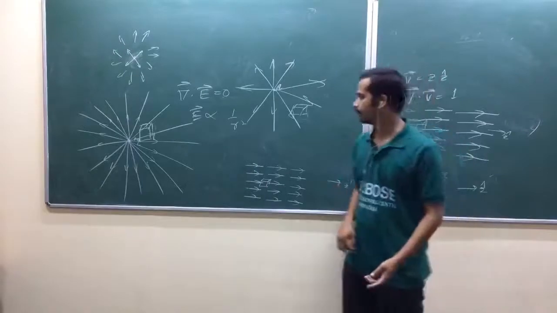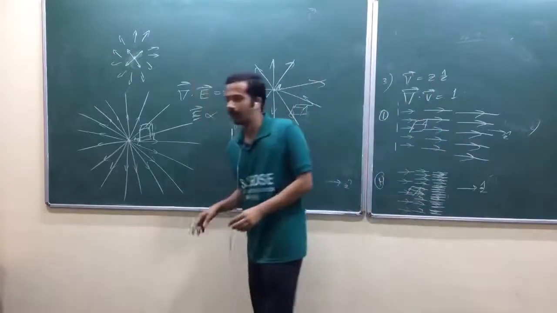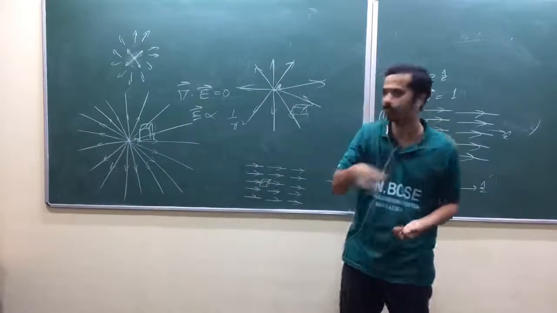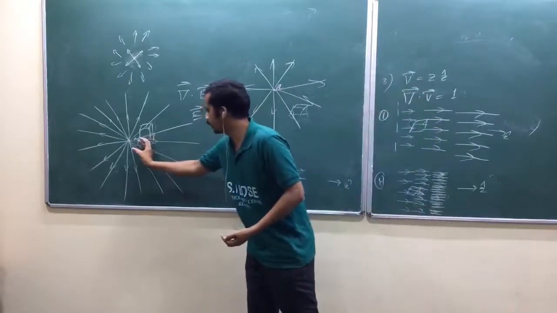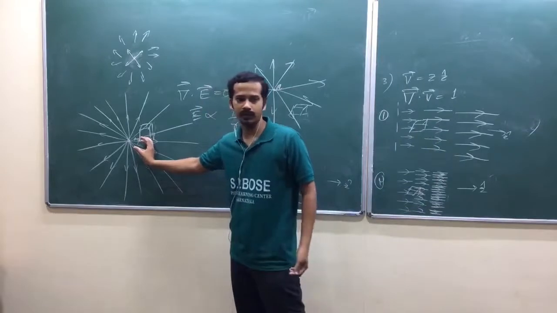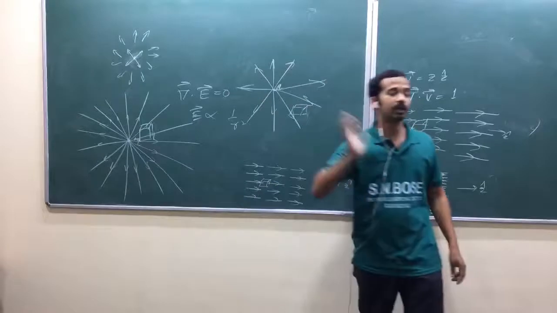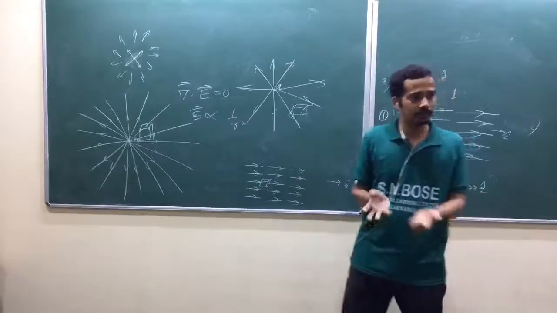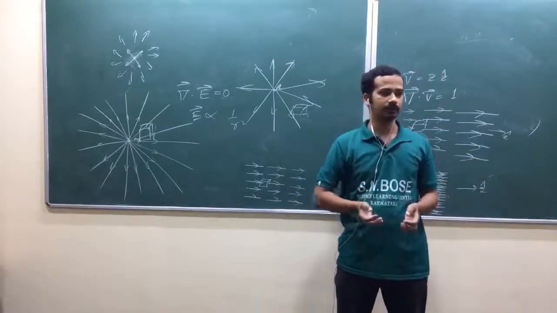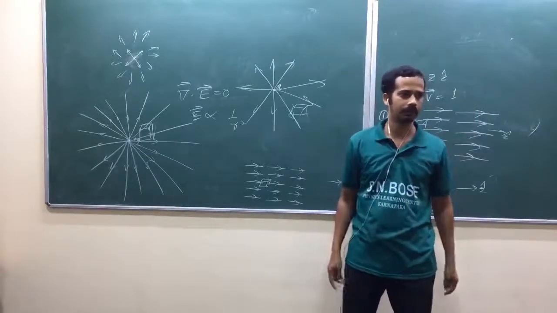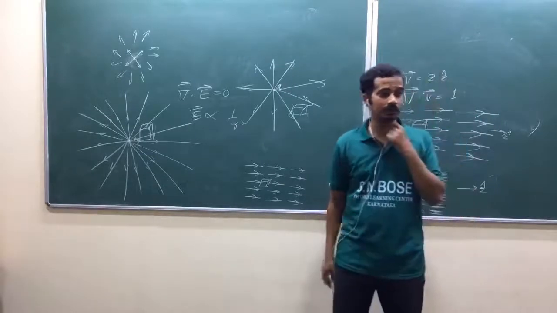Now look here. If you take one unit area perpendicular to that one, if the area is nearby, you will get more field lines. If the area is far from that one, you will get fewer. That talks about the strength. But if you take a closed surface, a field line will pierce at one point and go away from another.